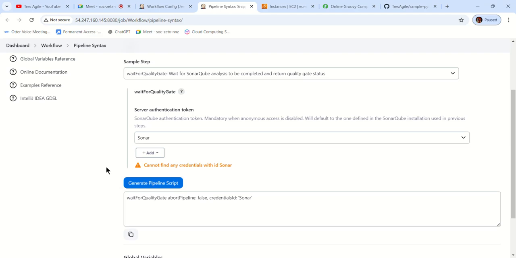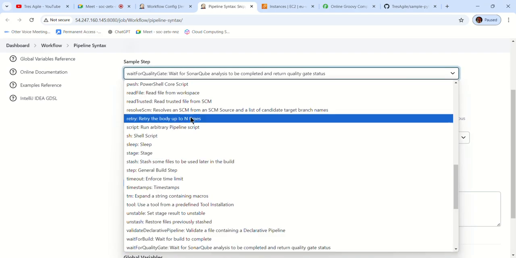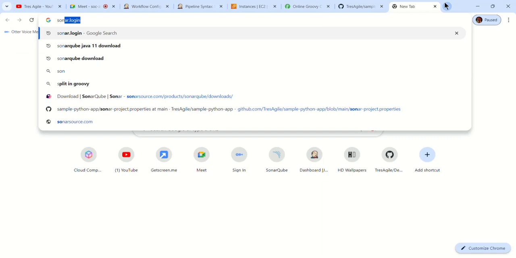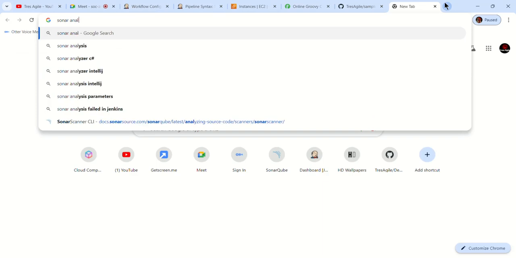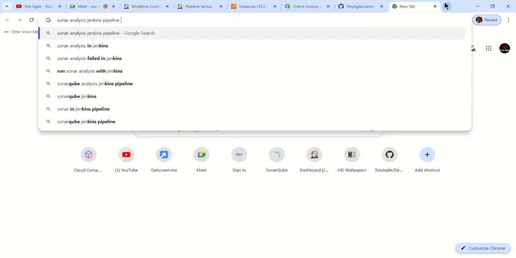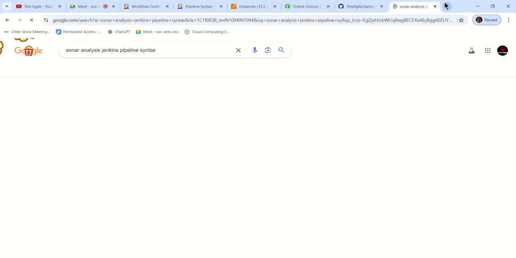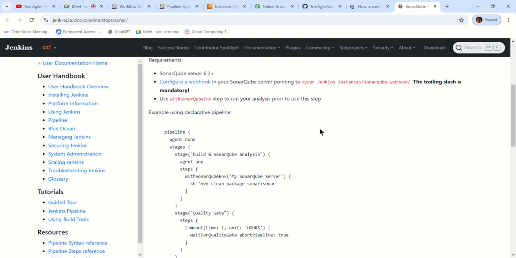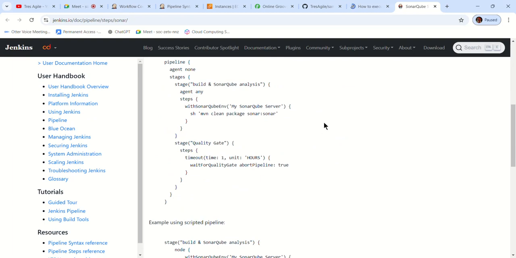No, let's go it. Sonar analysis. Sorry, syntax. Just Google it. You'll see lots of things. Let's go to DevOps school. Maybe this guy will give. Come on. Here it is there, yes. But let's go to here. And this is the